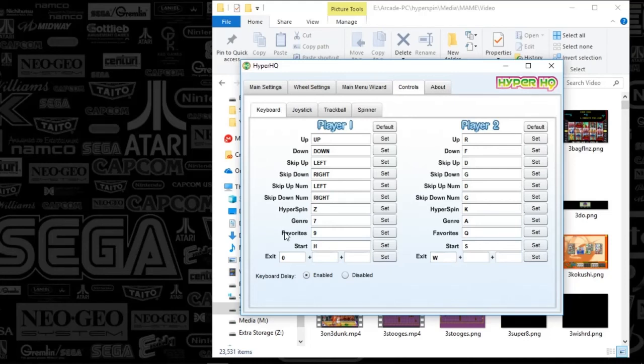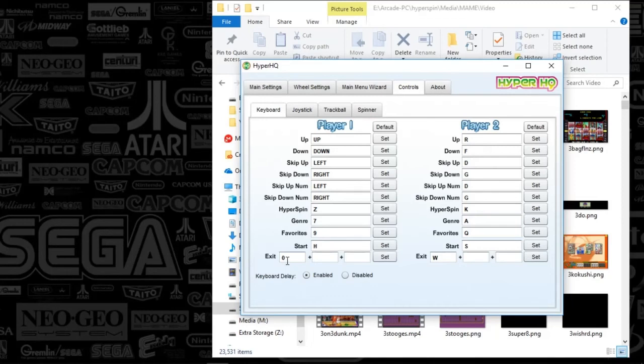And you do that, and your favorites will display. Next, we've got start. So this is how you activate your games, and then exit. I've got set to my back button. So, as you're in the wheels, if you push the back or the exit button, it will go back a wheel, or it will exit